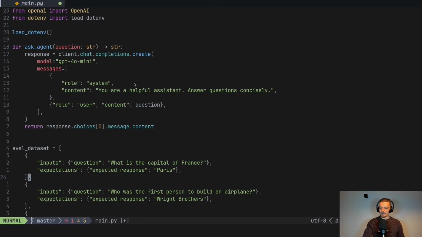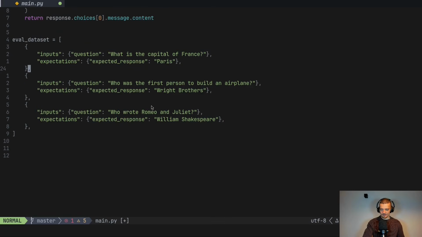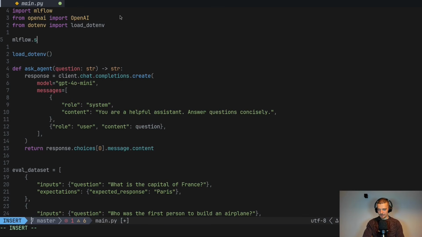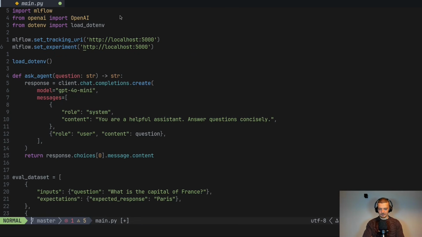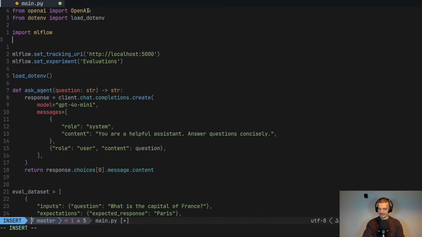Now, how do we use MLFlow to automatically evaluate this dataset or evaluate this agent based on this dataset? First of all, we start by importing MLFlow and doing the usual stuff like mlflow.set_tracking_uri localhost 5000, and then we can set the experiment to a different one. This time I'm going to choose a different one because we're now looking at a different use case. Let's call this evaluations. And now we're not going to do tracing, we're going to import additional stuff. So let me maybe move the MLFlow import down here, and we can say from